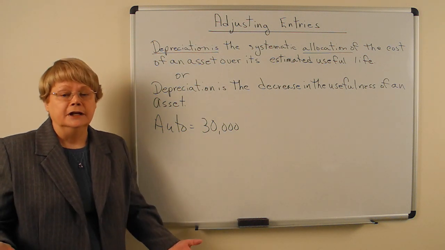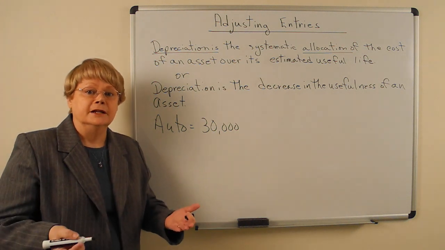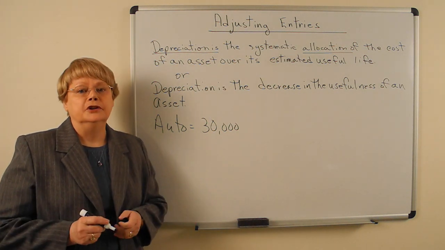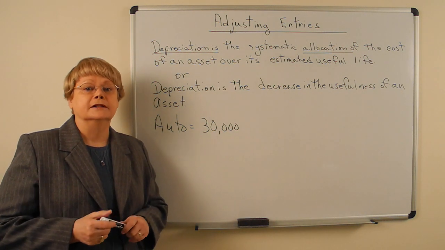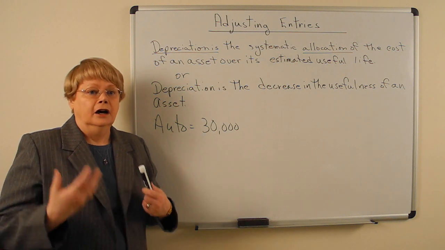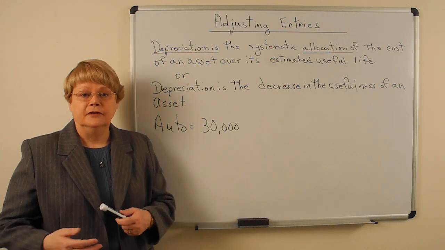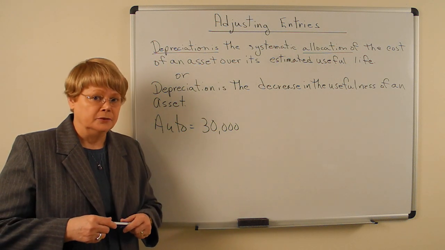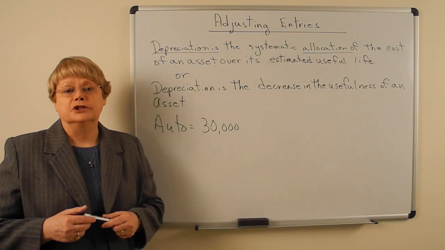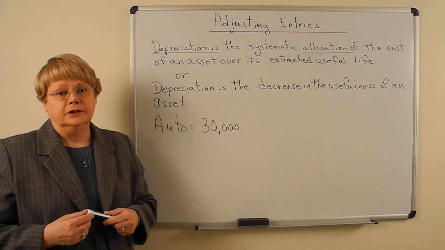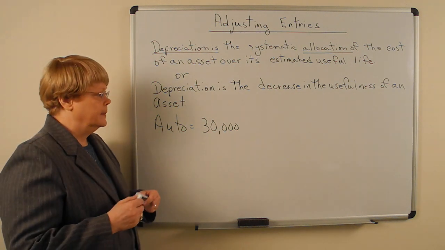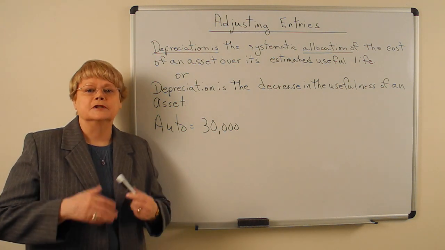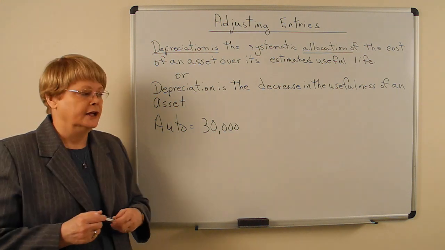And there is a value, even after our estimated useful life is over, there usually is a value of an asset and we can sell it to someone else. We call that the residual value, and we do take that into consideration when we actually calculate the depreciation. You'll go into that more in chapter 10 if you continue in accounting. But right now we're going to keep it simple, so we're just going to ignore the residual value and take